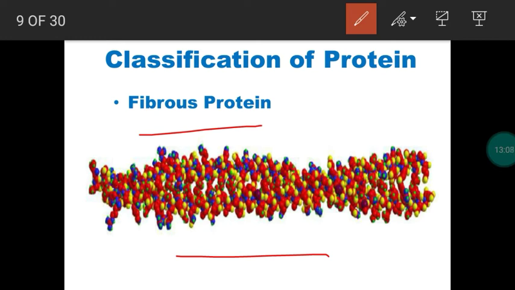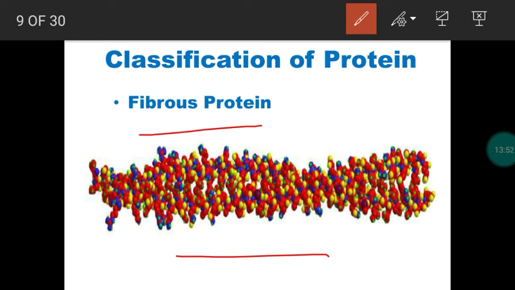Then in this fibrous protein, between the chains there will be a bridge or a linkage or force of attraction. It's called a disulfide bridge. So when we take two polypeptide chains, what will be the linking between them? The interaction or bridge will be a disulfide bridge or else intermolecular hydrogen bonding. One more point: in fibrous protein, the polypeptide chains are linked by disulfide bridge or intermolecular hydrogen bonding, and this fibrous protein is insoluble in water.